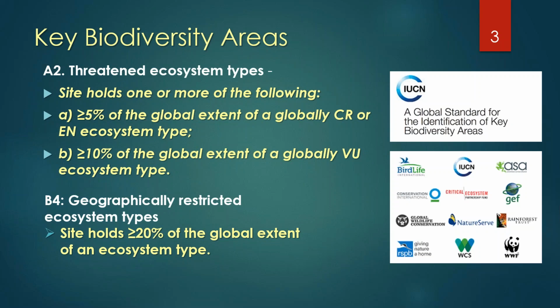B4 is the geographically restricted ecosystem criterion, which is simply building on the threatened ecosystems criterion. It's simply to say a site holds greater than 20% of the global extent of a given ecosystem type. So it's aiming at types that occur and have relatively restricted distributions. Again, I'll get back to this and dig into it further on, but let's talk about the